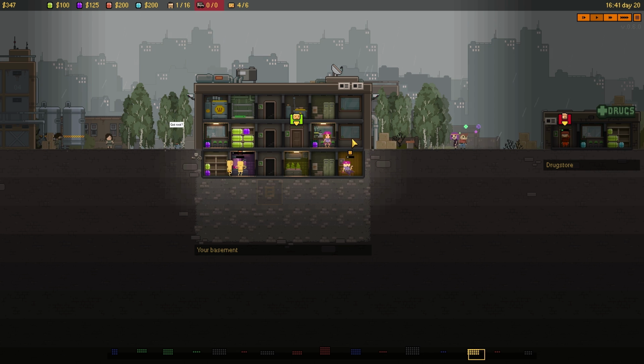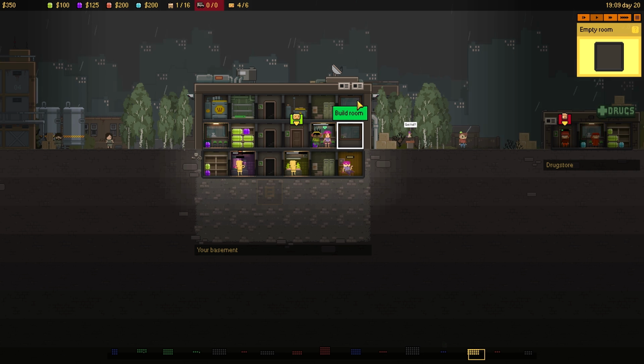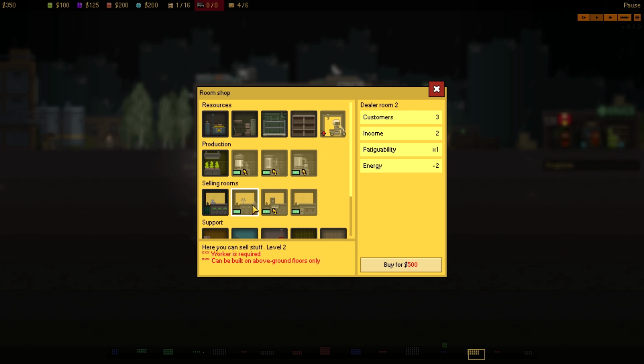I do think that we have far too much supply, and we need to start moving that supply. And so if I could get another dealer room, that'd be great. Let me get another dealer room up here. It's either that or we upgrade the dealer rooms that we have, but...